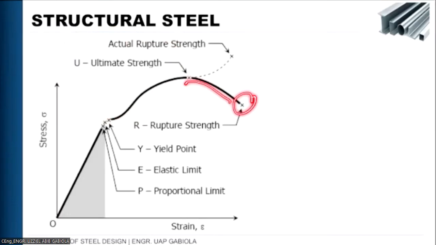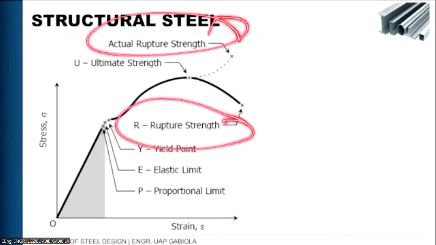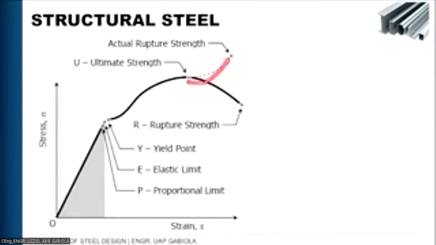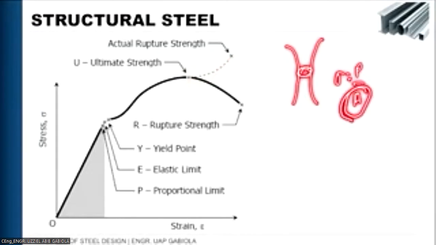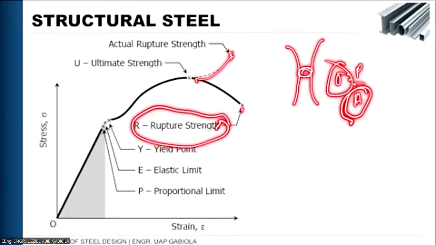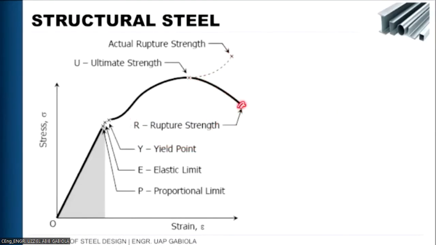Okay, so as you can see here, we have yung actual strength and we have yung nominal strength. Okay, actual strength is increasing, actual rupture strength is increasing dahil once na necking occurs, what happens? Our area becomes smaller, and according sa formula ni stress, our area is a divisor, and when the value of A decreases, the value of stress increases. But here in our test, we consider what is the nominal area, or the original cross-sectional area of our material. That is why on this value, this point is called the nominal fracture strength, or nominal rupture strength of